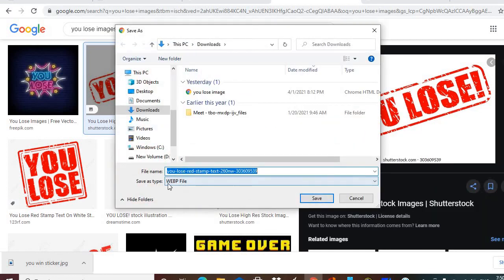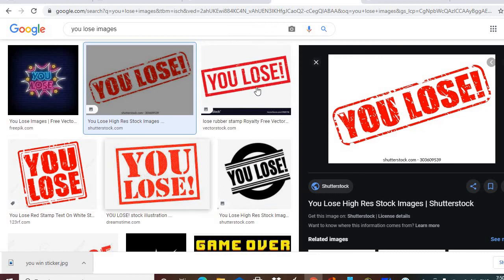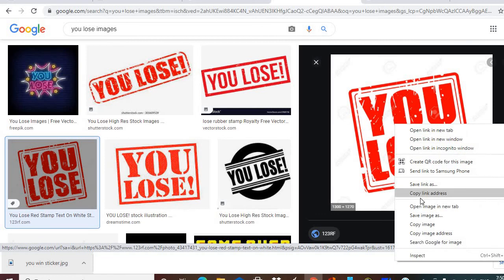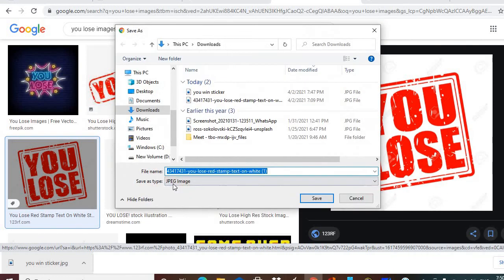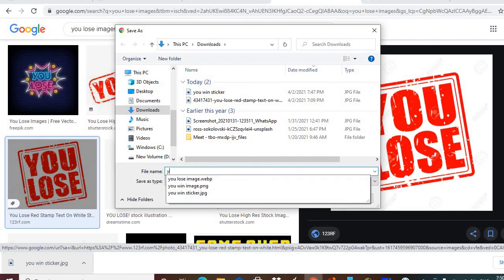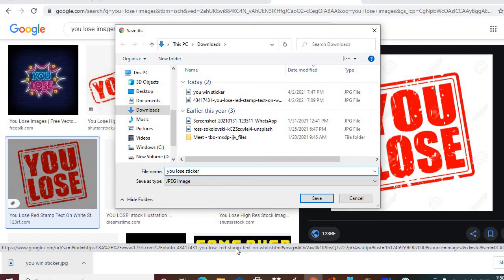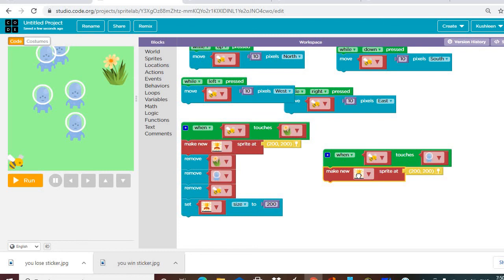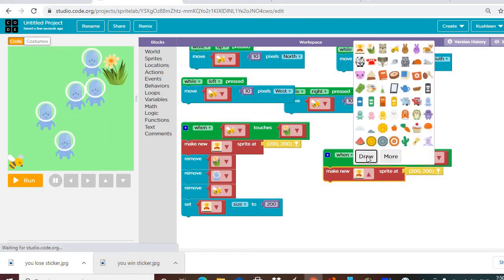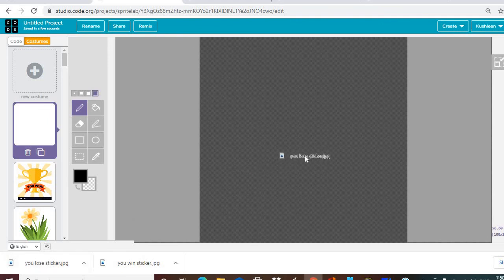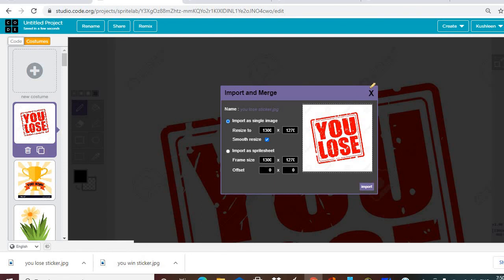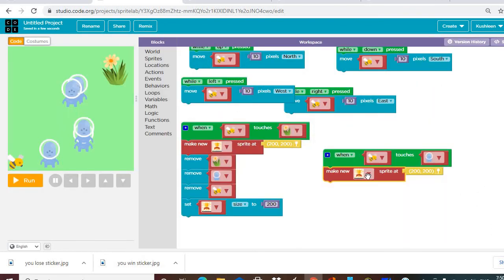We will save the image, but it's a WEBP file. I don't want that. So let's see from here. Okay, so we'll save the image as, yes. So I will write you lose. Okay, I'll come back to my project. I'll draw the sprite, and this is you lose. I will drag it here. I will import it. I will say okay, and I will come back to code